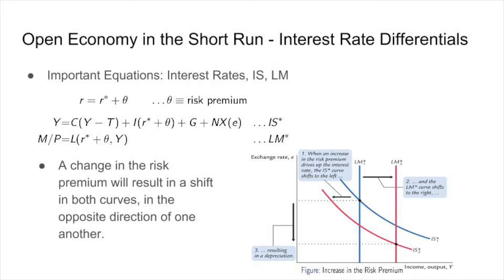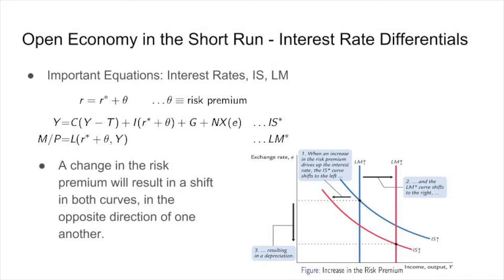When looking at the open economy in the short run, it is important to note that the interest rate differentials are represented by the IS-LM model. These equations listed are important to consider when looking at this model. Specifically, in this example, a change in the risk premium will result in a shift in both curves in the opposite direction of one another. First, the IS curve will shift left, and the LM curve will then shift right,